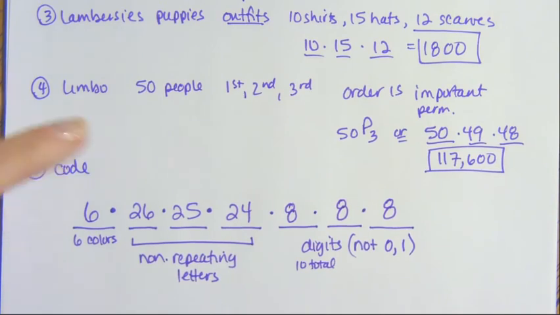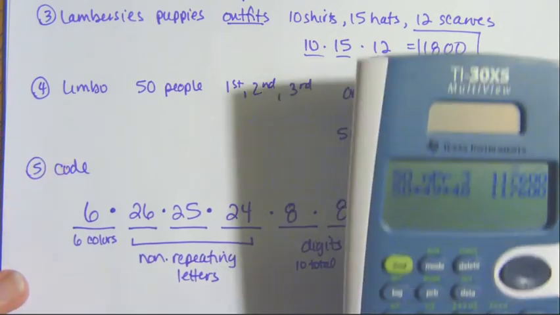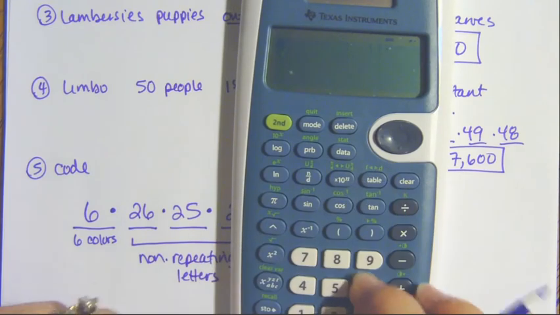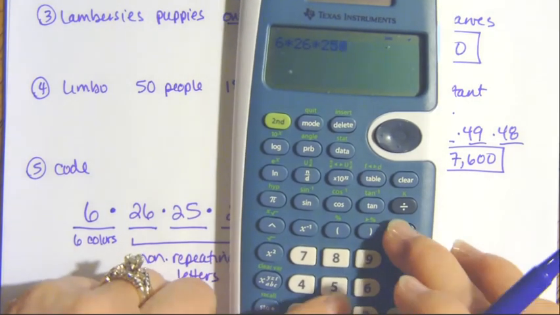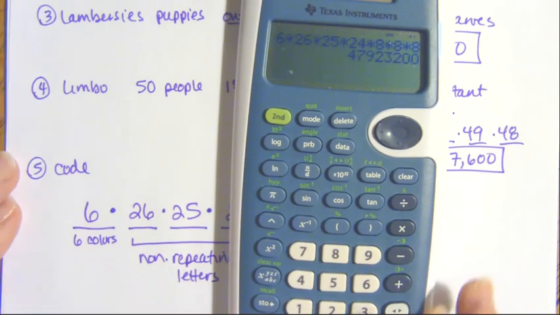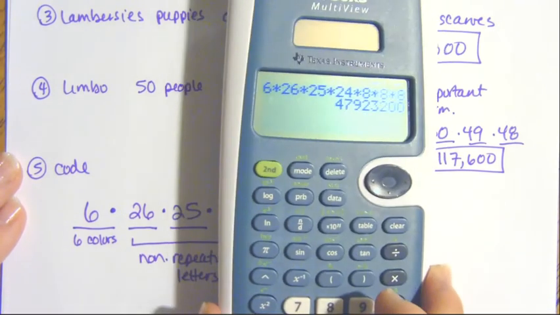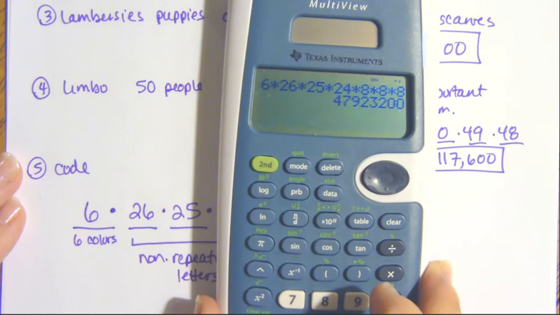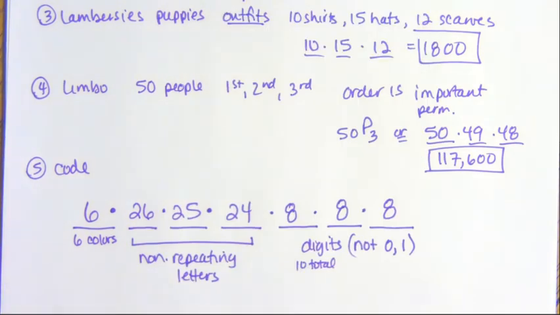And then you just type that in the calculator. It's going to be a huge number. Let's see, 6 times 26 times 25 times 24 times 8 times 8 times 8. Yeah, nice big old number there. I'm not even going to write it down. Okay. All right, another problem that you guys have on there is